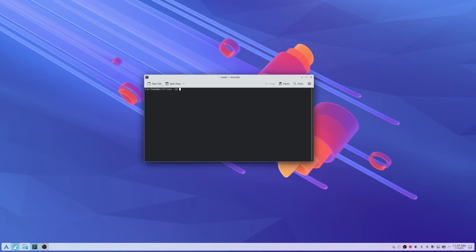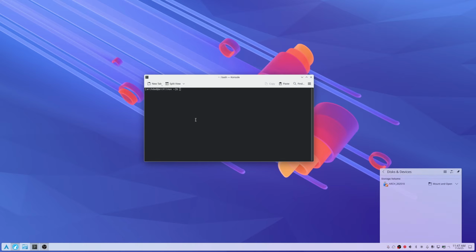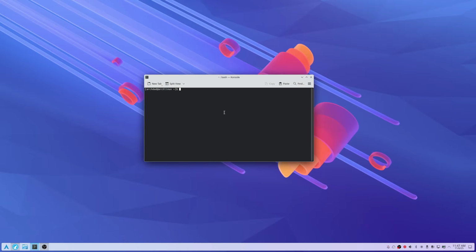So before we do anything, we're going to plug our USB stick into our computer. And it's going to give you a pop-up here saying, this is what the title is, and here's an option to mount and open it. We don't want to do that though, because if we mount it, we can't write to it the way that we want to. So instead, in the terminal here, we're going to go lsblk,